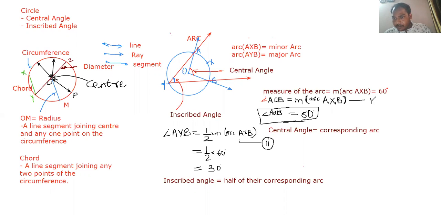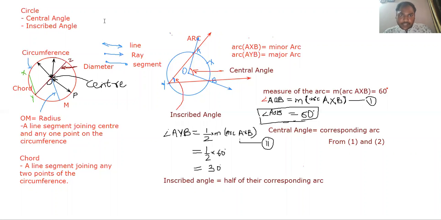From 1 and 2, if I replace the measure of the arc AXB by the measure of angle AOB,